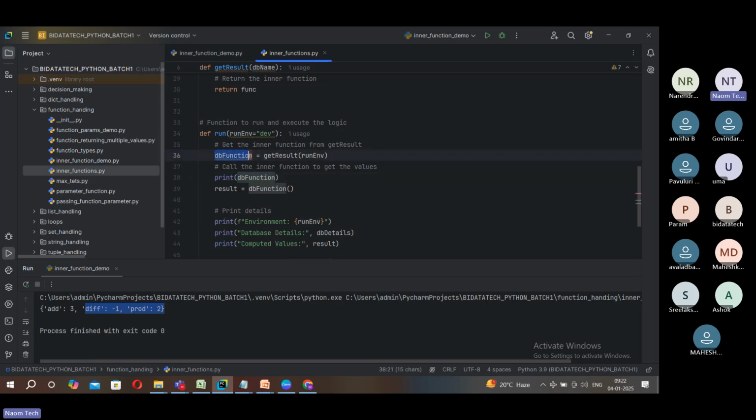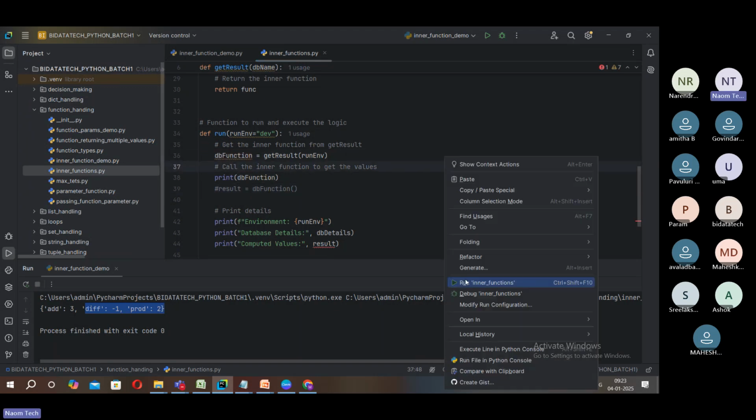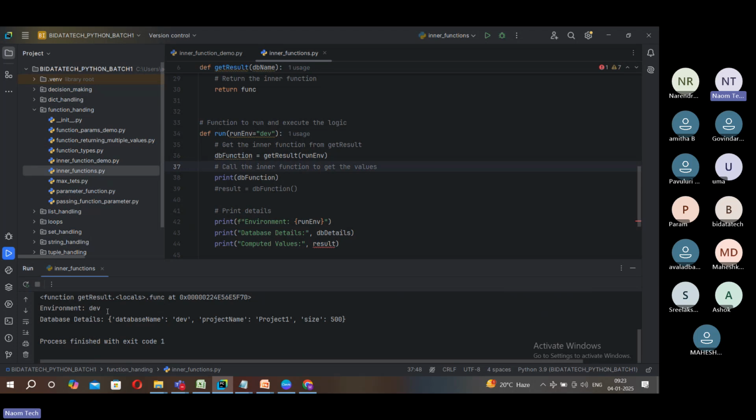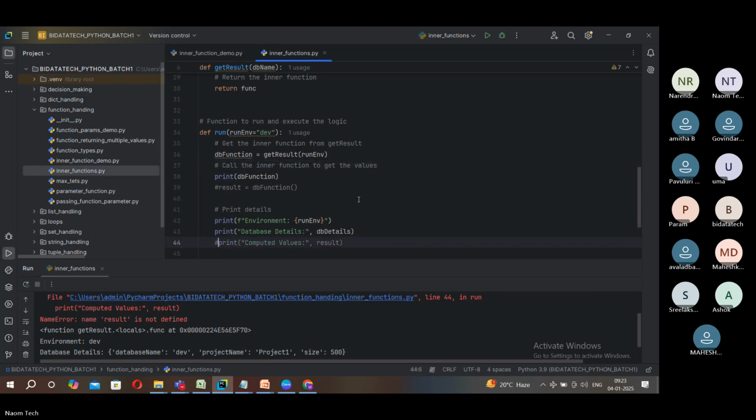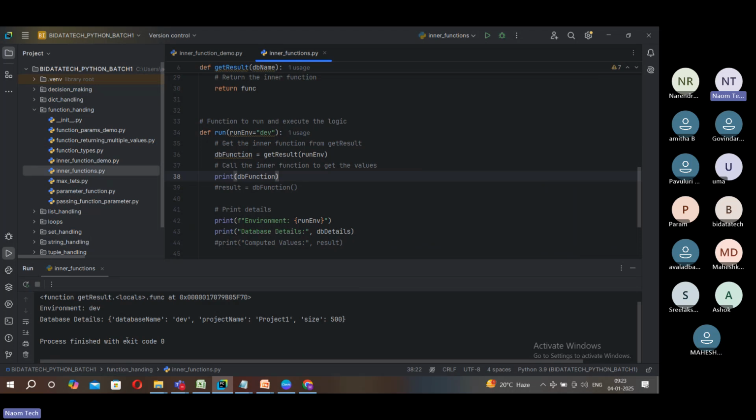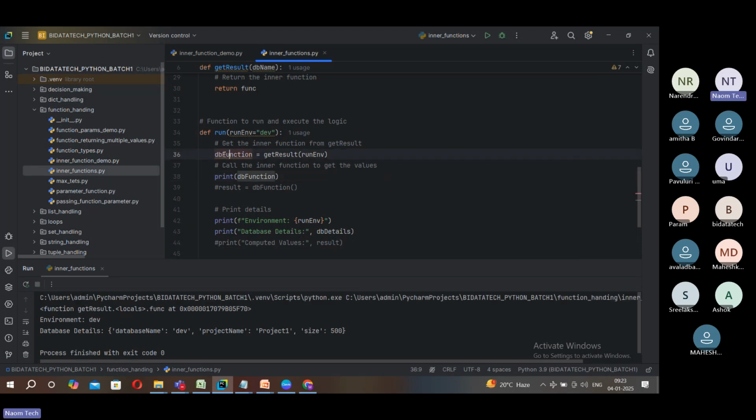If you are not calling the DB function, this parameter as a function again, see how it would be. Now right click, run this. See here. You got what is it here, friends? Somewhere I'll just comment this for a while, because this error is because of that. Now right click, run this. See, now what is happening here? If I don't again apply a function call on this parameter, you can see that it is returned as